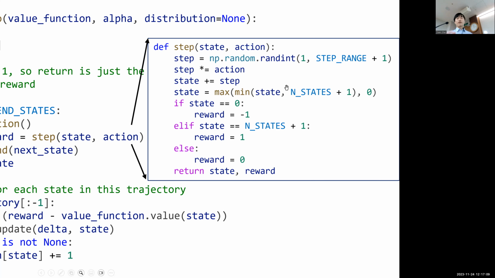If it hasn't reached the rightmost, we check again with the maximum operation to see if it has reached the leftmost state. Because the leftmost state's index number will be 0, we select the maximum one. If the maximum one is 0, it means the state moved out and became negative, so we just get 0. So we just check this state,